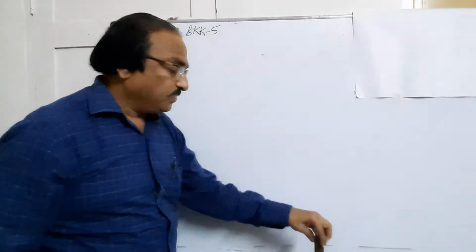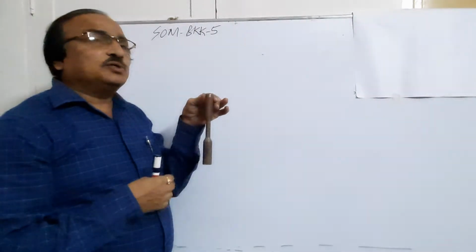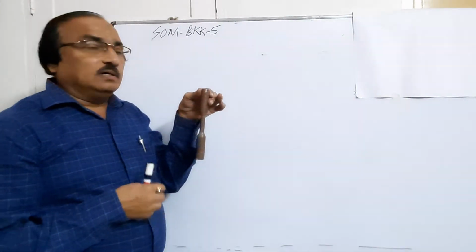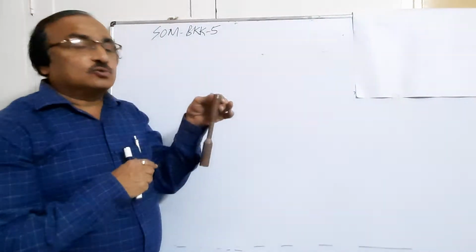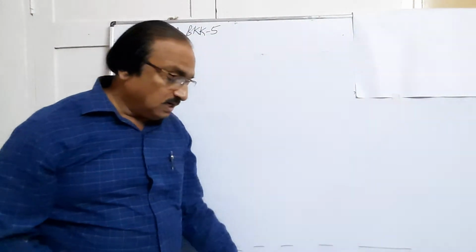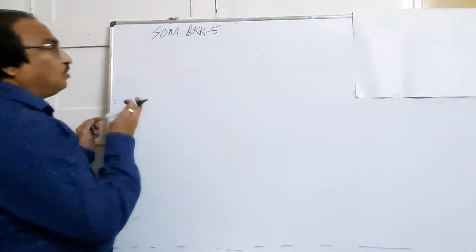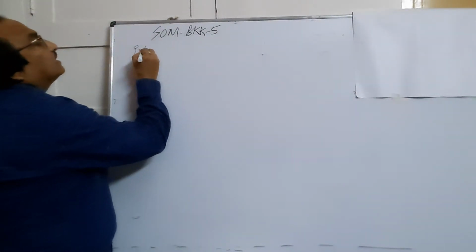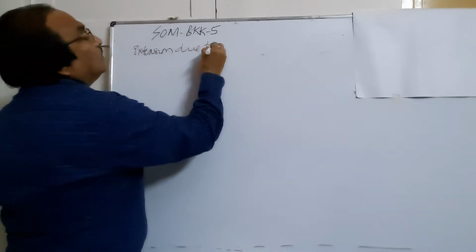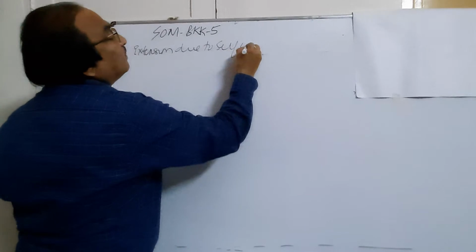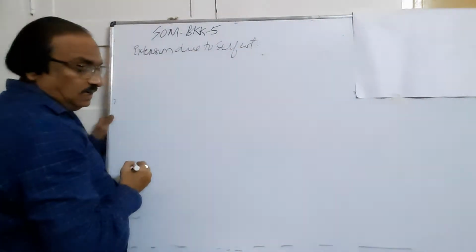See now here, if you see any member, this member has got its own weight. So there will be extension of the member due to its own weight. So today we will see what will be the deflection of the body or the extension of the body due to self weight. Extension due to self weight. We are not applying any external load. Due to self weight only it will be extending.